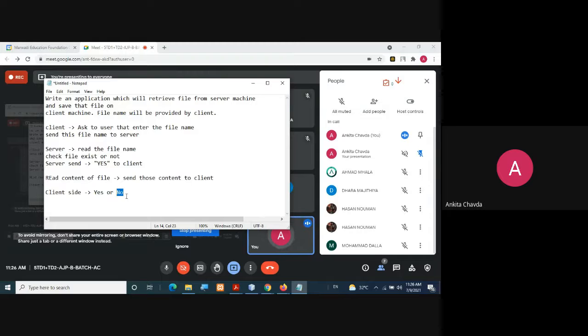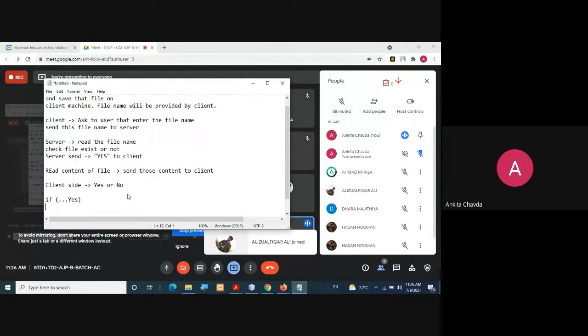Very obvious, right? So at the client side, we will check whether it is yes, and you have to write that logic. Only if it is yes are you ready to read the content from the server.